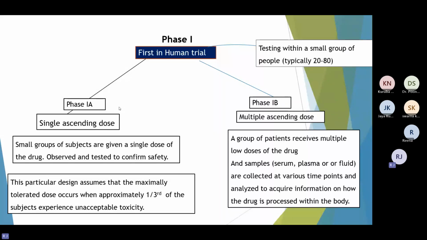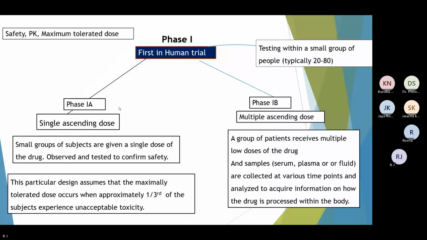In how many people do we test the drug? Generally it is tested in 20 to 80 people. Okay, this number may vary. Some books may suggest like 30 to 70 or something like that, but generally it is less than 100. Okay,